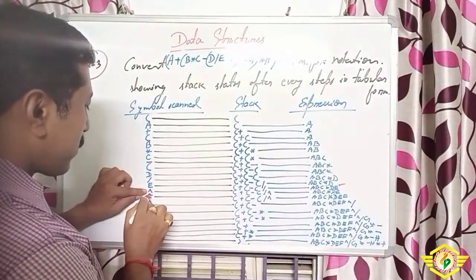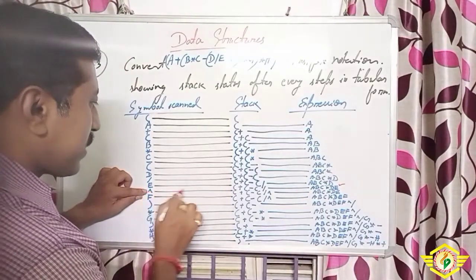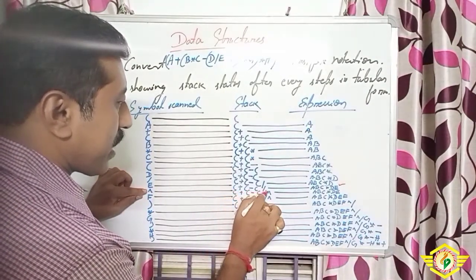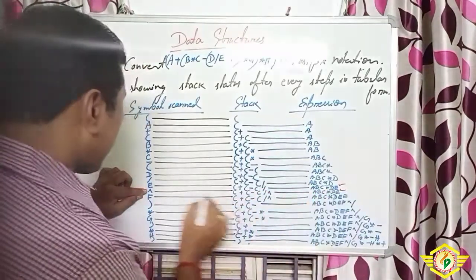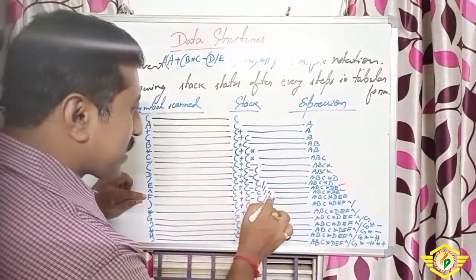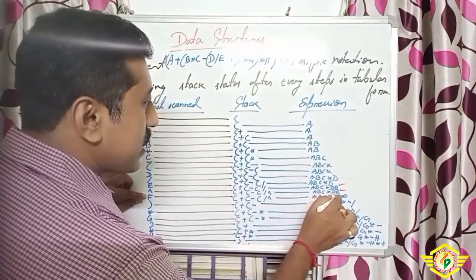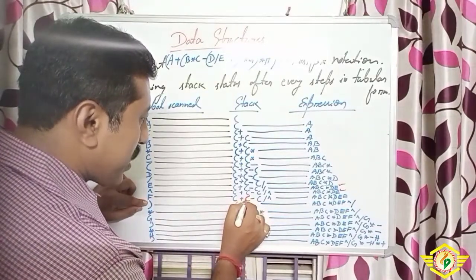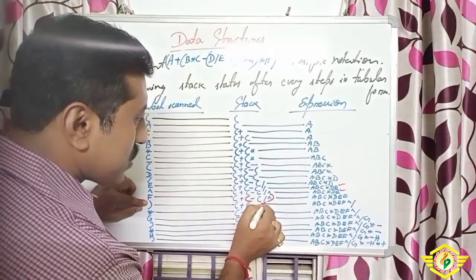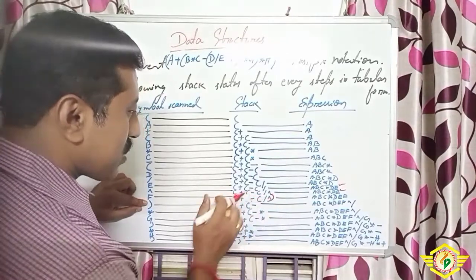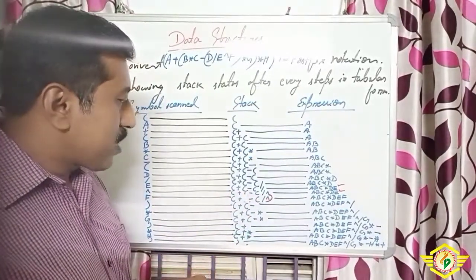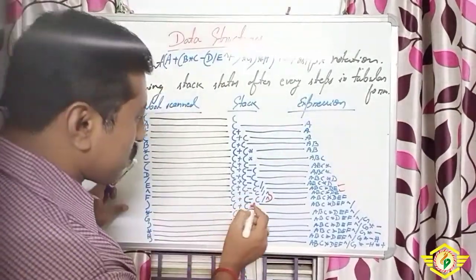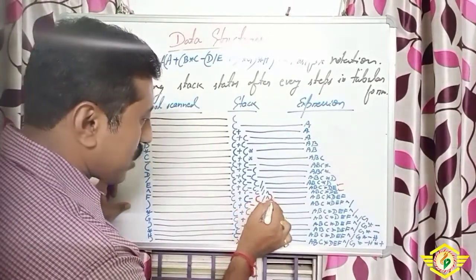Then the exponential sign, that is the caret sign. So we will take caret here, bracket plus bracket minus bracket by caret sign. It will be as usual like that. Then after that F came, so it will be like that as usual, and ABC into DEF came here. Then bracket close. When we are closing the bracket, it was the opening bracket, and now we'll close here. Sorry, not this one. It was not the opening bracket. The opening bracket was a different one. So the opening bracket was this one, and this is the closing bracket.